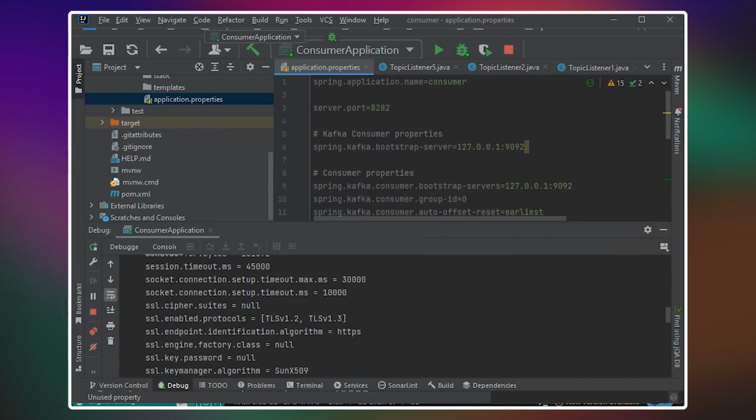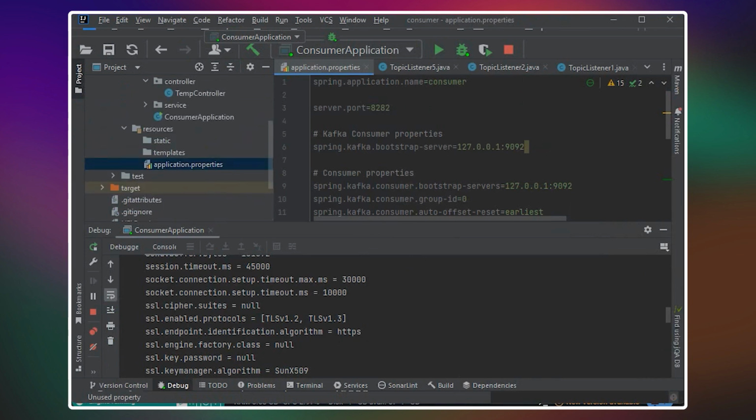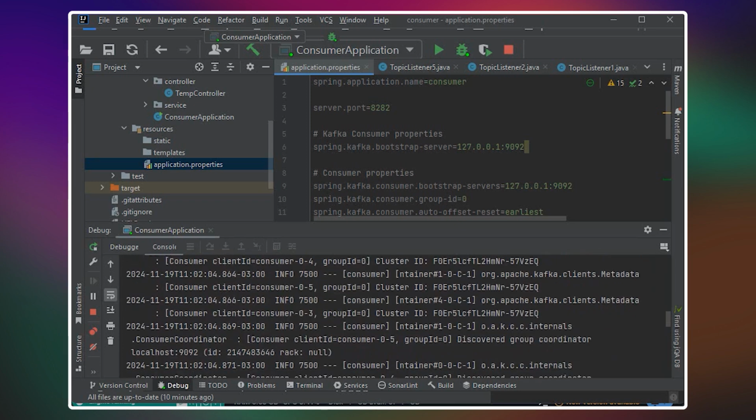some consumer here that will listen in those pipelines of Kafka, and it will keep reading in the Kafka pipelines.